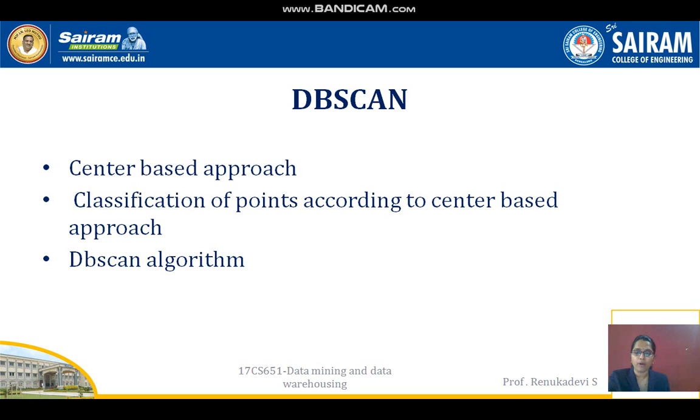So what will the core point do? These all come under the classification of points. The core points are the points in the interior of a density-based cluster. A point is a core point if the number of points within a neighborhood around the point, determined by the specified distance function and parameters, exceeds a certain threshold. This threshold is also a user-specified parameter.